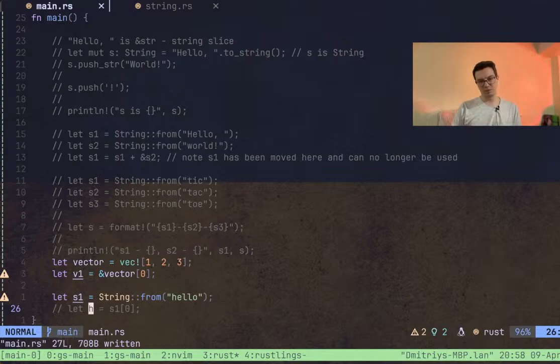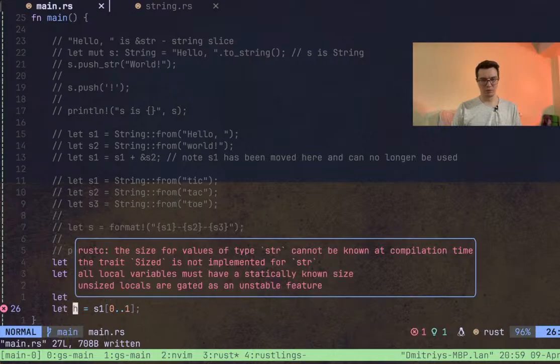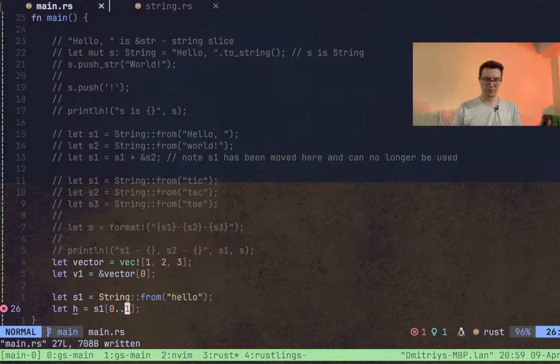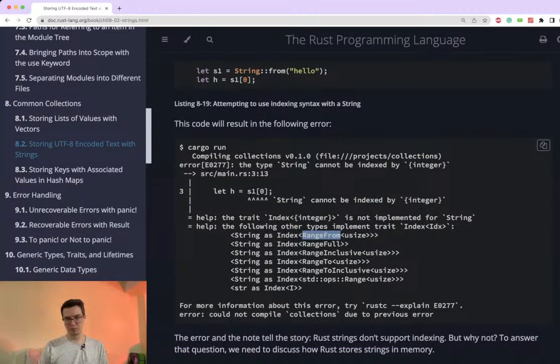Oh, so we can do something like... no. Cannot be known at compile time. RangeFrom uses usize indexing. Okay, let's